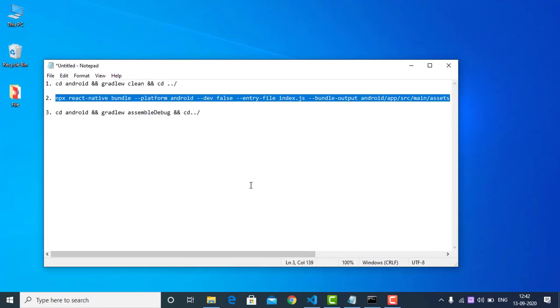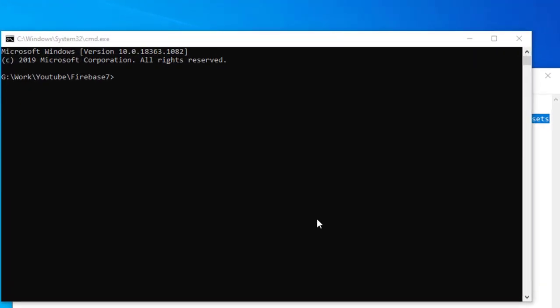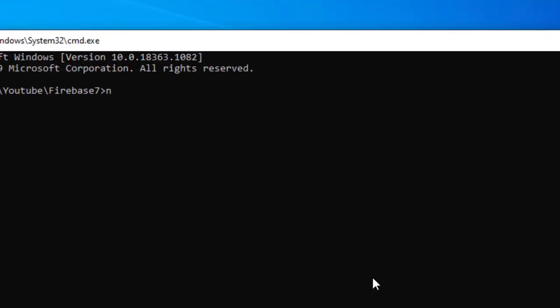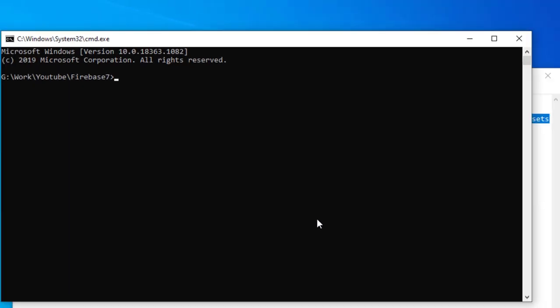So every time you want to build a debug APK, you have to copy that line and paste it in your command prompt. So I'm gonna teach you a quick shortcut so that you can build a debug APK just by entering that command. If you enter this command, it will generate a debug APK for you. Sounds interesting? So let's get started.